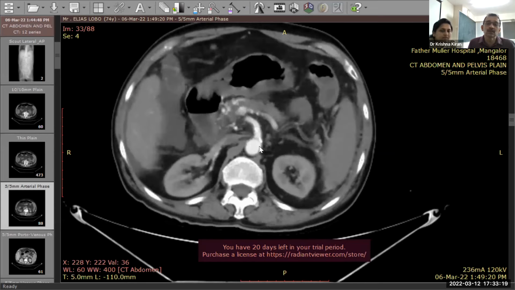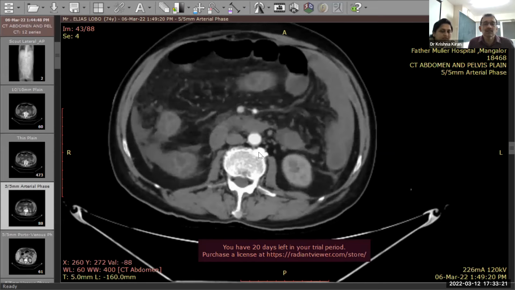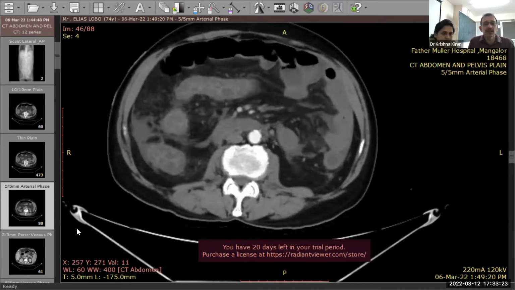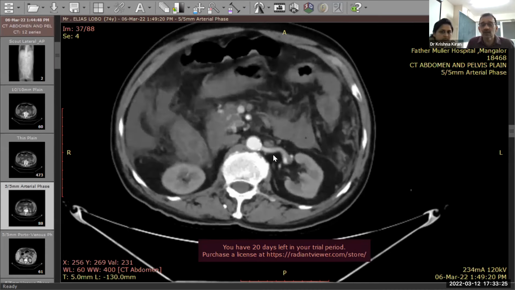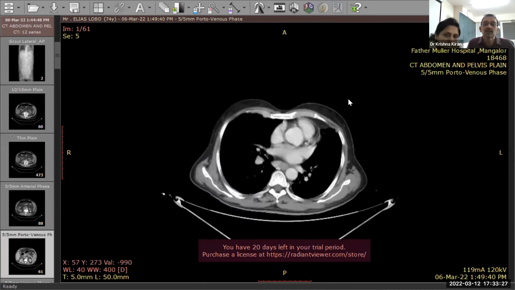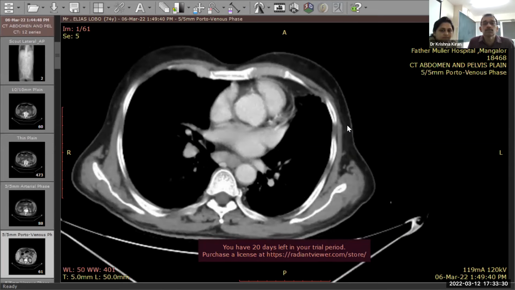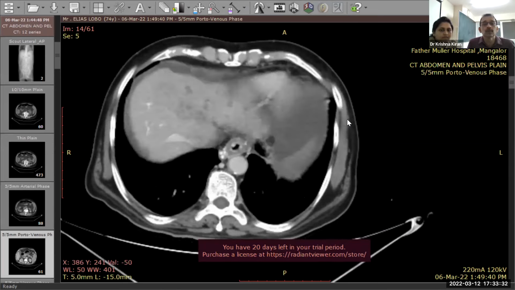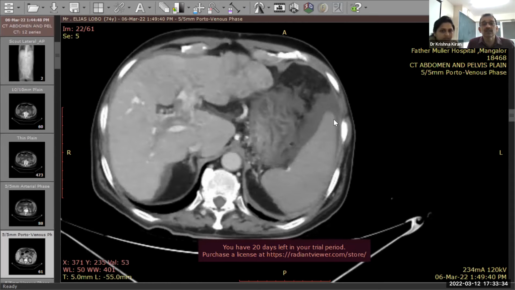There is ascites. Yeah, I think we'll keep this and we'll see them later. We'll just see the liver thing. What else? What has happened to the liver? Oh, this is the portal phase. This is a late arterial phase. Okay, so here